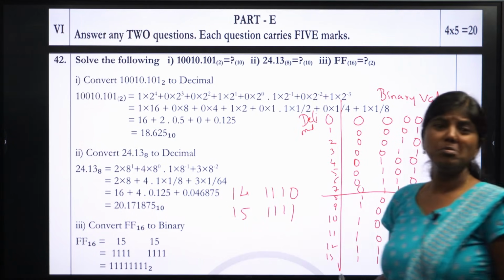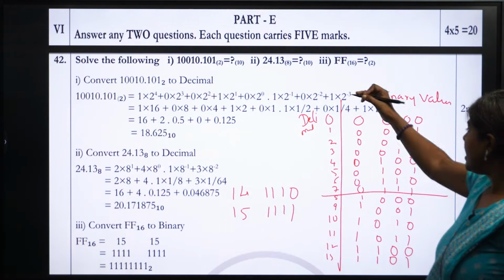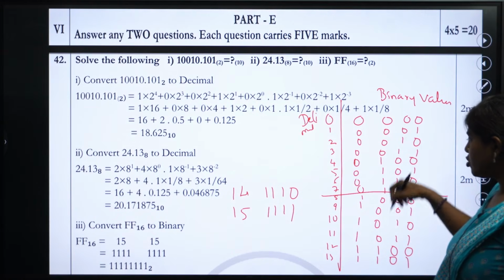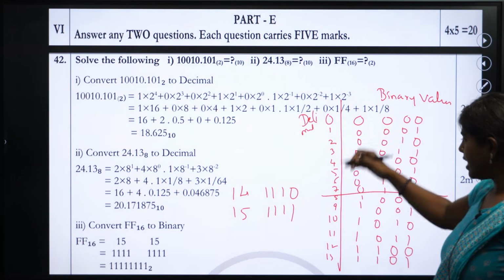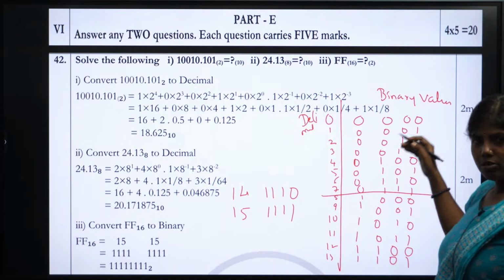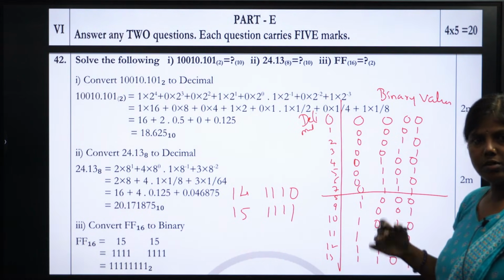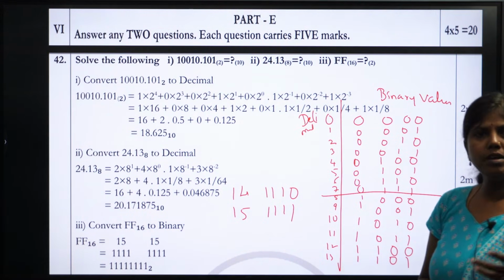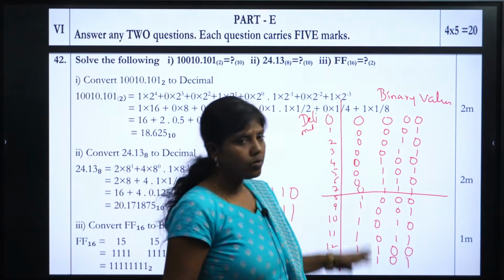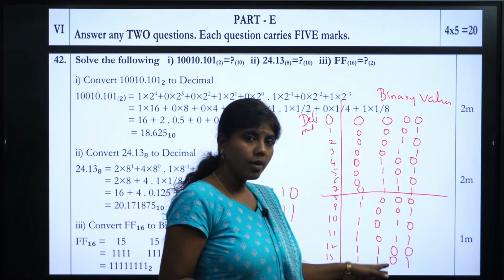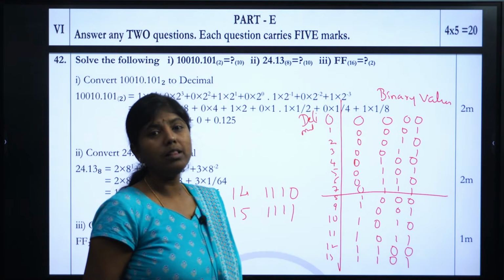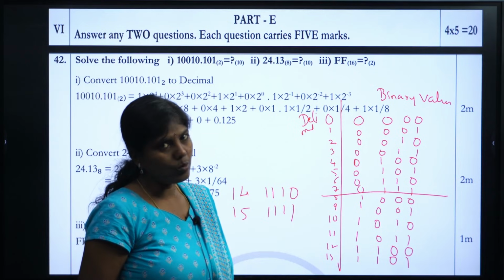Ma'am, how do you remember this? It's pretty simple. 8 zeros, 8 ones. 4 zeros, 4 ones. Repeat. 8 zeros, 8 ones, 4 zeros, 4 ones, 4 zeros, 4 ones, then 00, 11, 00, 11, 00, 11, and 01, 01, 01. How do you remember it? 8 times 0, 8 times 1, 4 times 0, 4 times 1, and 2 times 0, 2 times 1, and 01, 01, 01, 01. So remember this table, it is very easy in conversions.